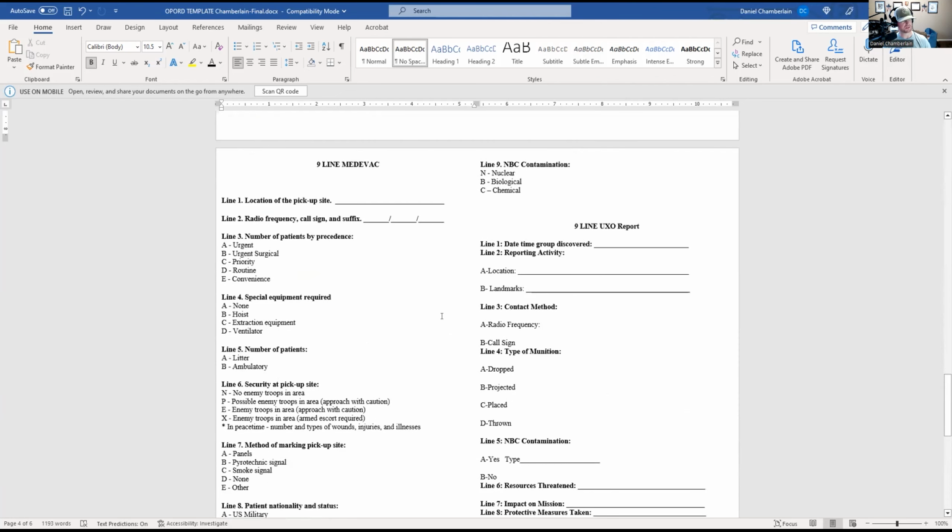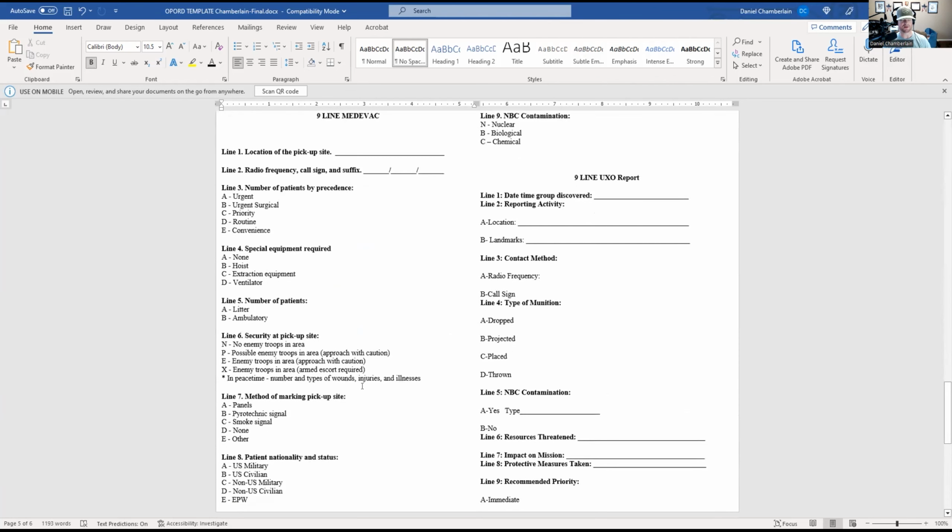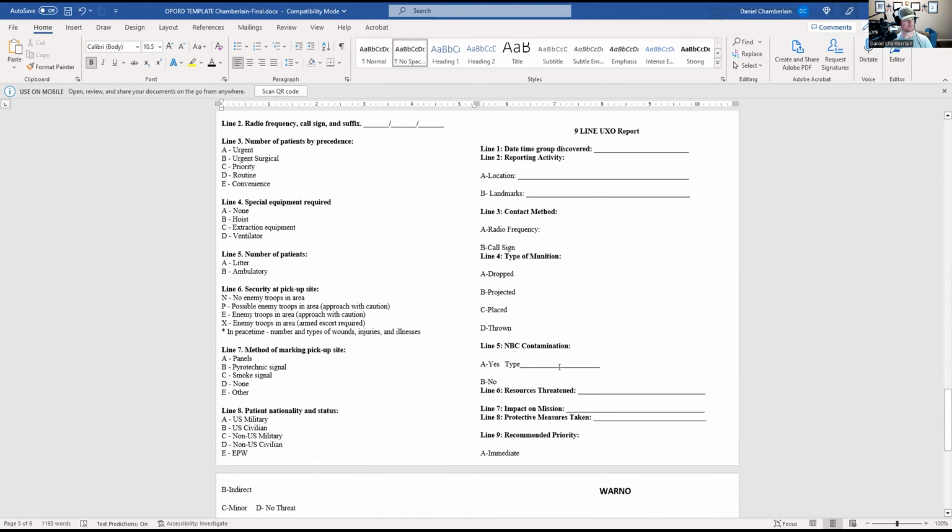So here's something else you'd always keep in your pocket: 9-line medevac. You will be the RTO at some point, and you definitely need to be able to perform those duties. That means having a 9-line pre-filled to an extent. The squad leader is going to tell you on the map where he thinks an LZ would be for every single mission. Go ahead and write that in, right? Get your grid coordinates down.